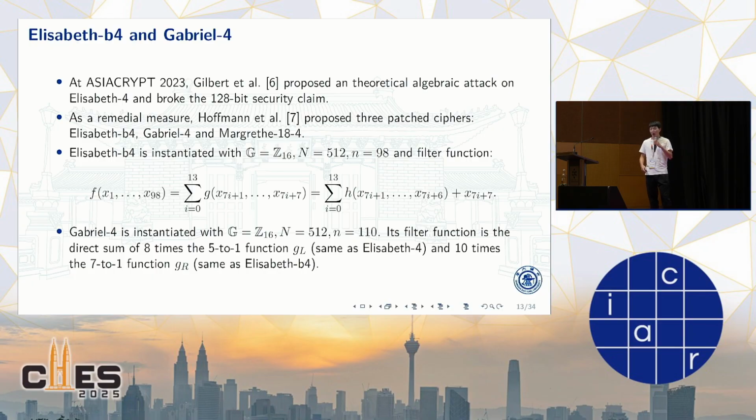As a result, Hoffmann et al. proposed 3 new ciphers: Elizabeth B4, Gabriel 4, and Margaret 84. Elizabeth B4 is also a GFP cipher, but instantiated with the same group as Elizabeth 4, with a larger key register and a larger subset. Correspondingly, the filter function of Elizabeth B4 also becomes more compressed. It is the 14th type of the